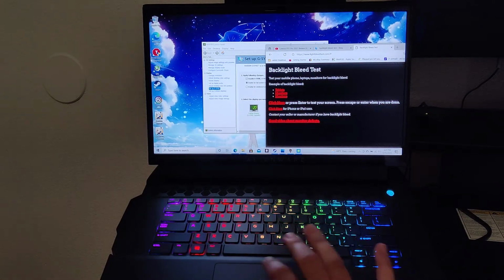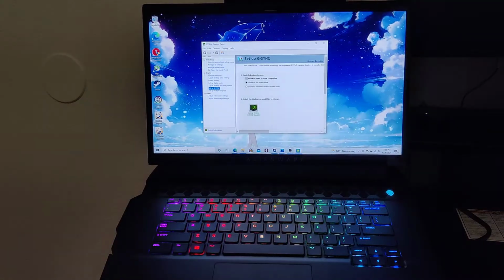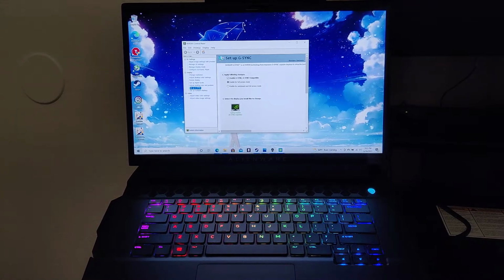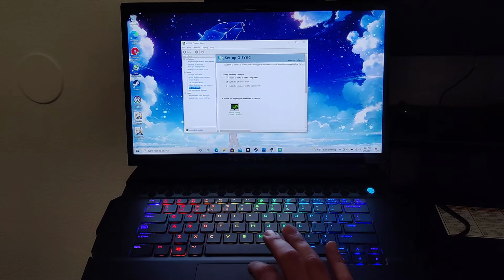Now, there's another cool setting with this. There are some other variants that you can get of this display. Some of them have higher refresh rates, but may or may not have G-Sync. I think there's a 360 hertz that does not have G-Sync. And then there's a 300 hertz, I want to say, and the 300 hertz has G-Sync. And the other thing that's kind of puzzling to me, but I'm happy this one has it, I just wish the higher refresh rate ones did,